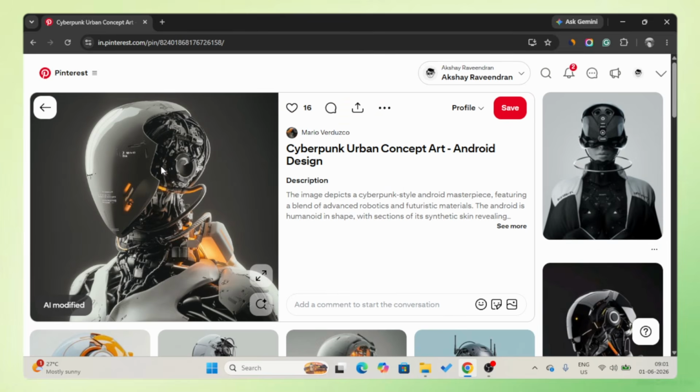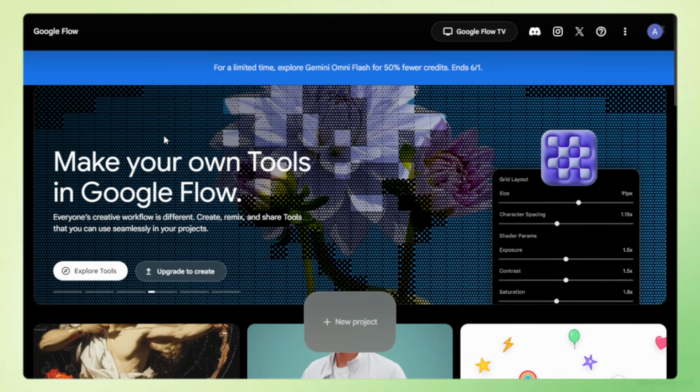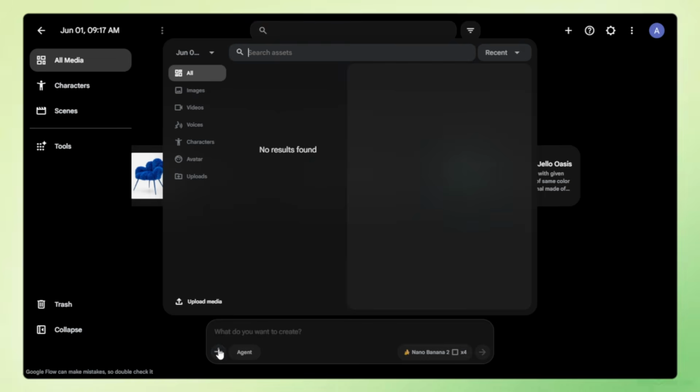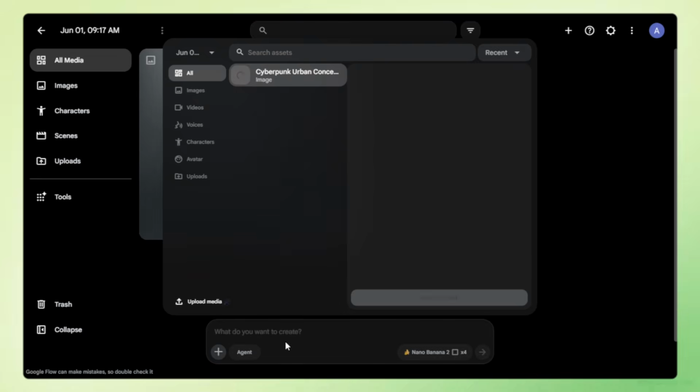So after scrolling a bit, I found this image. So I'm gonna create animation using this particular image. I'm gonna just download it, download image. To create the start frame and end frame, I'm gonna be using the Google Flow. Here, start a new project, then add the reference image we had downloaded from Pinterest, and then I'm gonna just